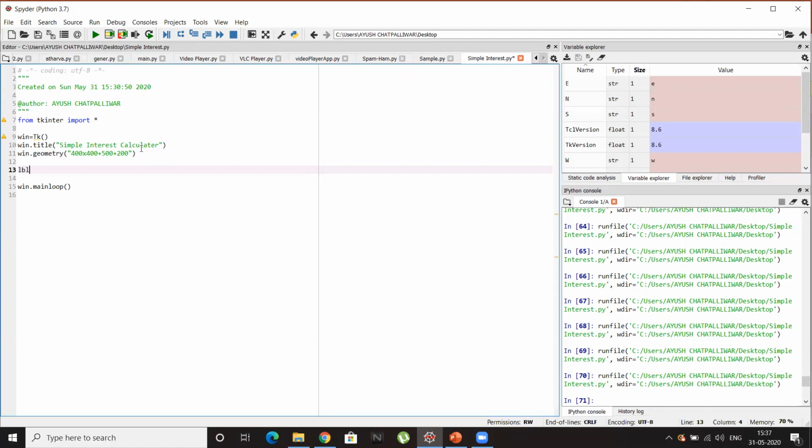So lbl, since it is a heading, lbl_head is equal to the Label function, and here I'll have to give the object of my window, win. That's it. And another thing is the text for that label. So my text is, text with a small t. I'll give the heading as welcome to calculator or welcome to GUI.